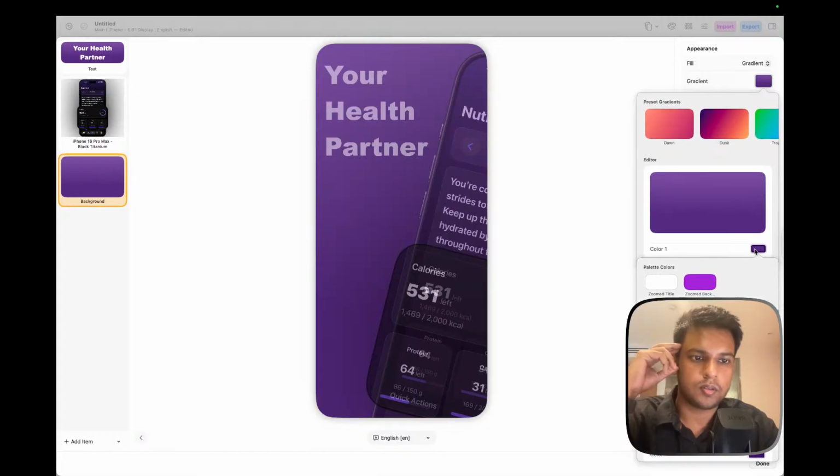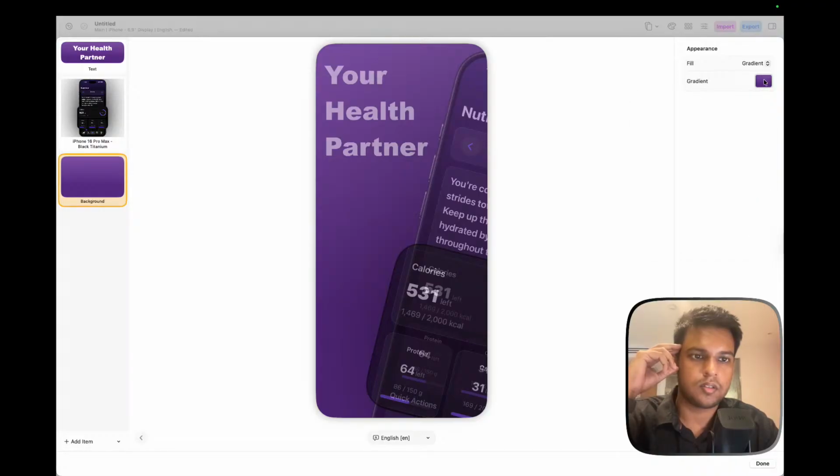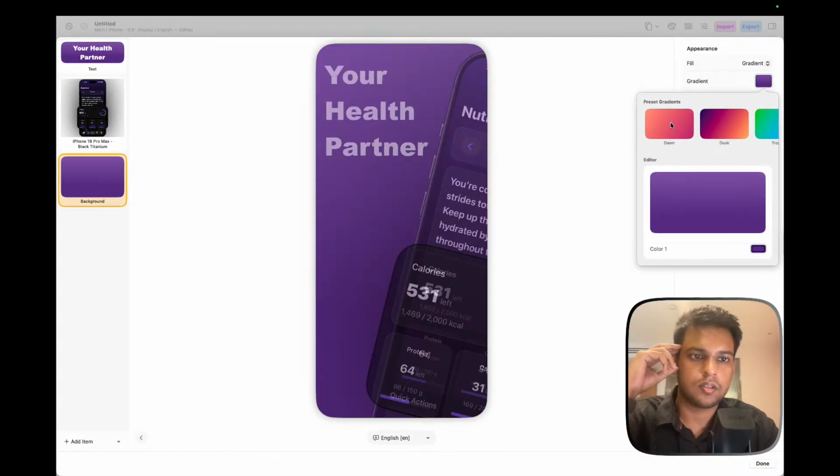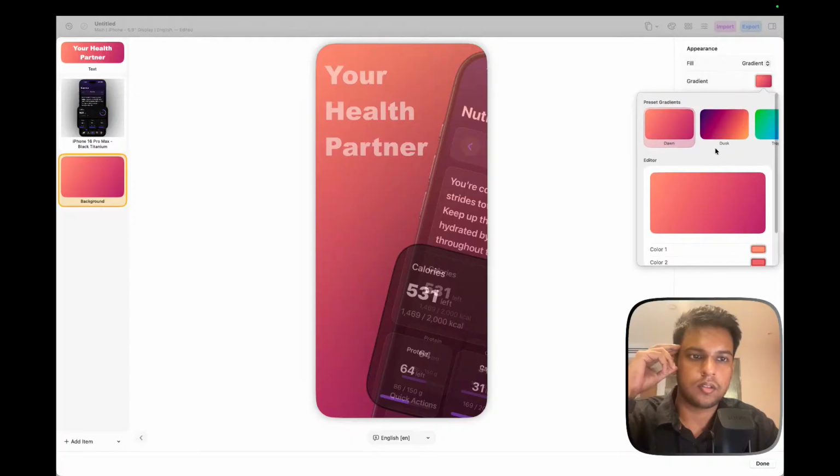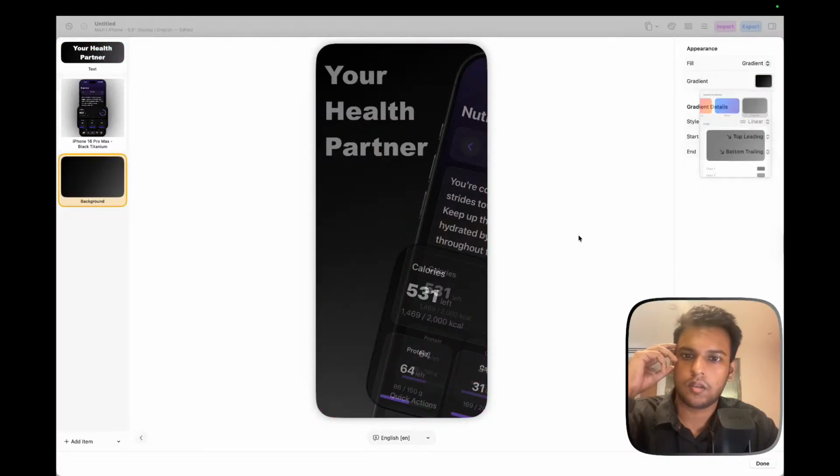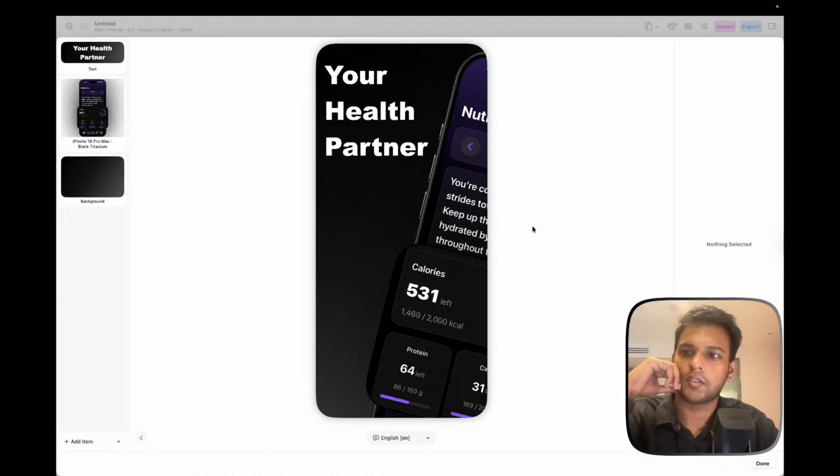There's an option. How do I add another color here? The gradient. This actually looks nice, but this is not how the app is supposed to look.